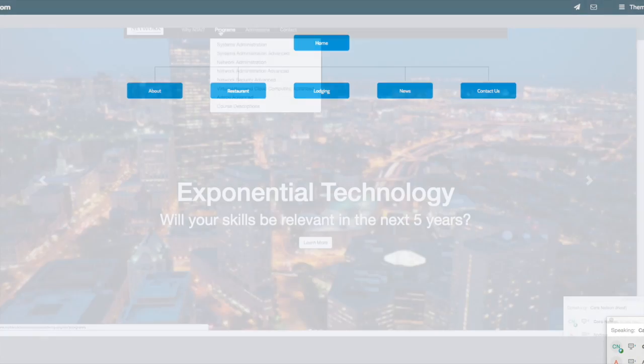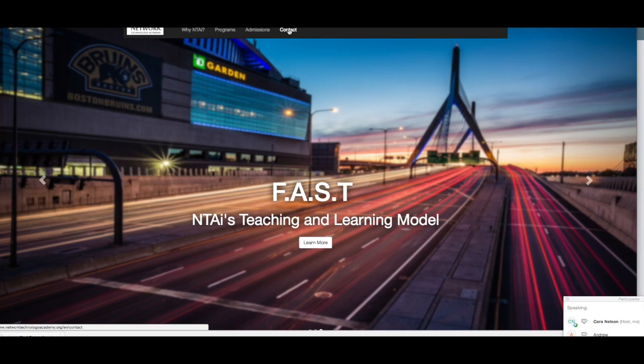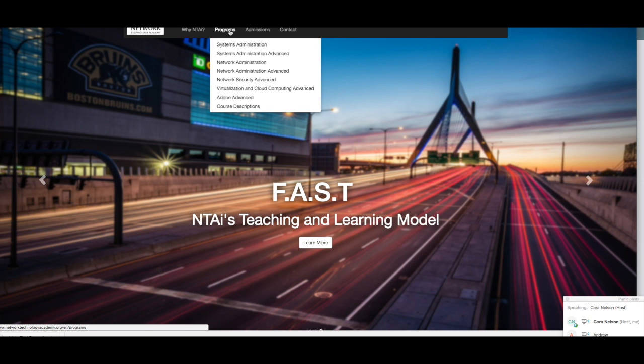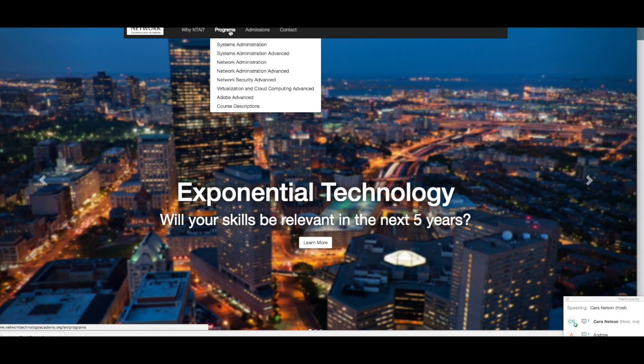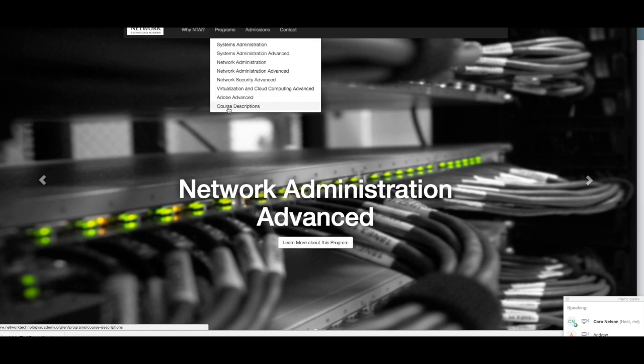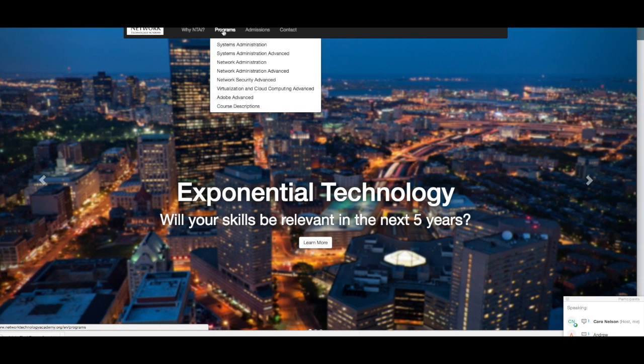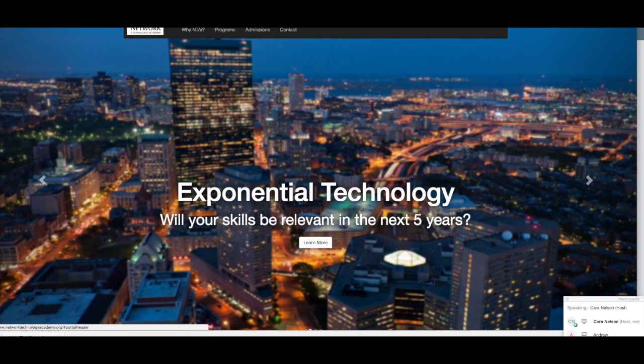We can even look back at admissions and contact. I think those are all good. Whether we want to rename them, programs, because they do have programs, then they have course descriptions, courses. So they have their programs and course descriptions, I think, are kind of mixed in there. But yeah, so if we go back over to